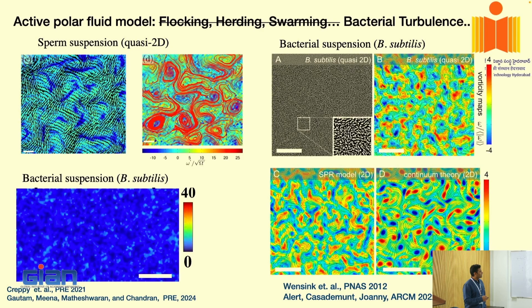This is again for the bacterial turbulence. You take the bacterial field, convert it to a vorticity field, and you can see that these are mesoscale structures, and these are long-lived structures. Long-lived, I mean the size of the structure remains more or less the same over time. And these are from different models, that's what they have shown. Do we have vortex stretching? Oh, we don't have vortex stretching. Yes, you're right. These are fairly long-lived.